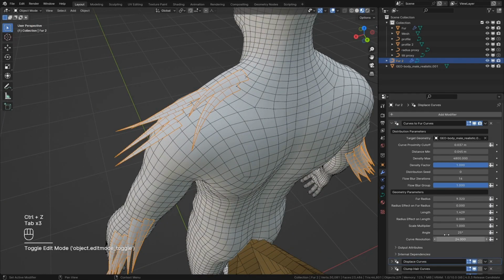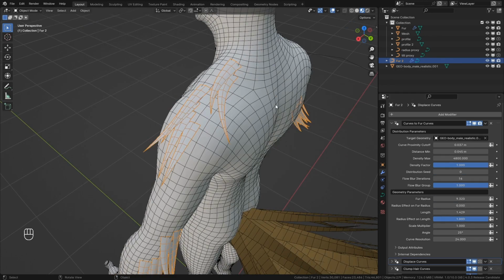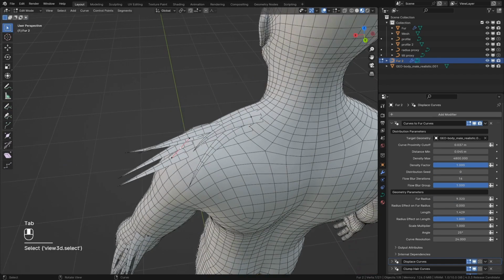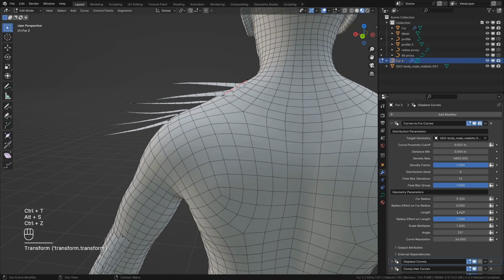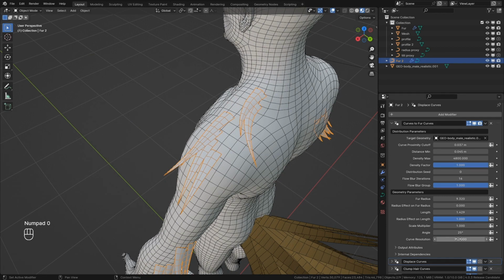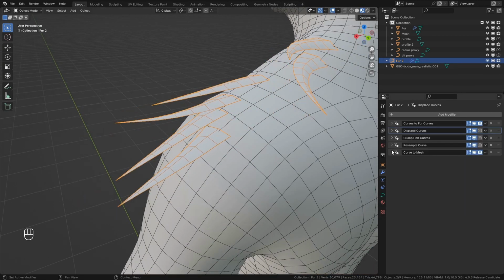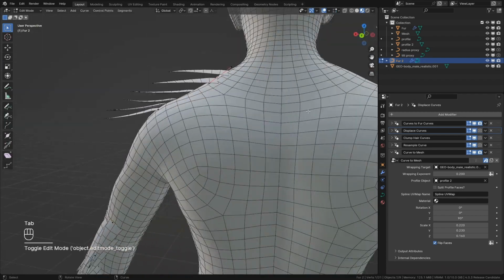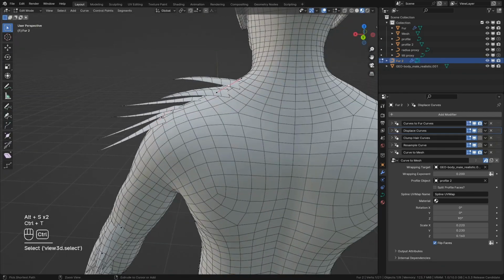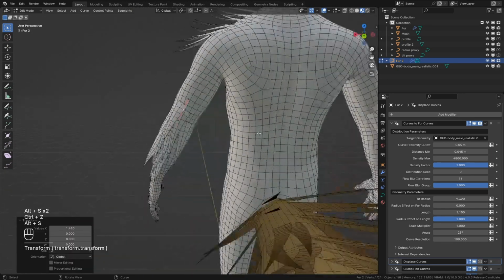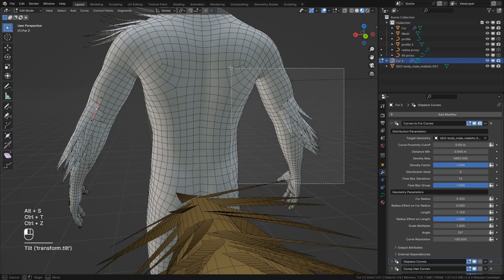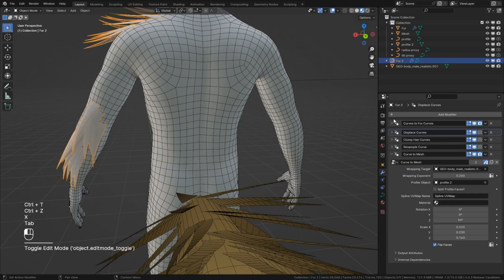Previously, with the curves to fur curves modifier, we changed the radius effect on length because we did not really have convenient access to the radius of the curves that generated the fur curves. But now, since we can edit them directly, we can re-enable this. If you don't want to make adjustments to the different sides, you can always just use the mirror curves modifier,